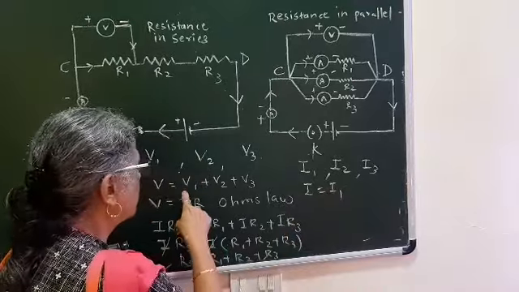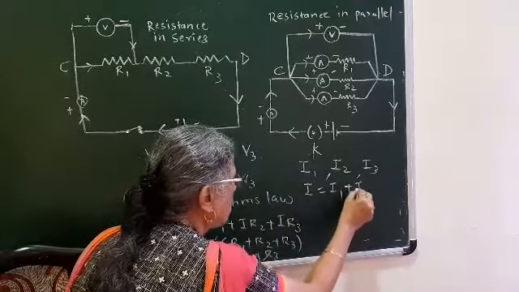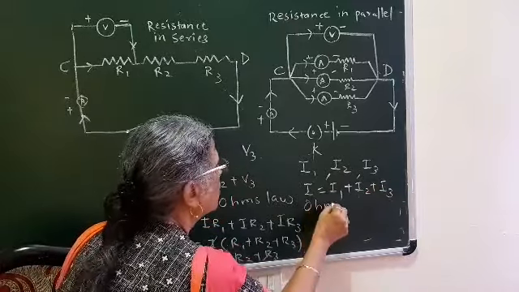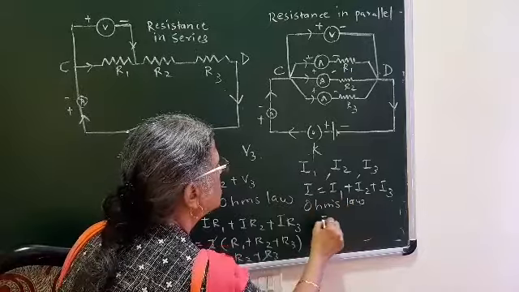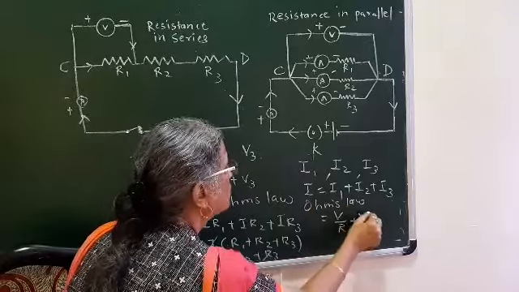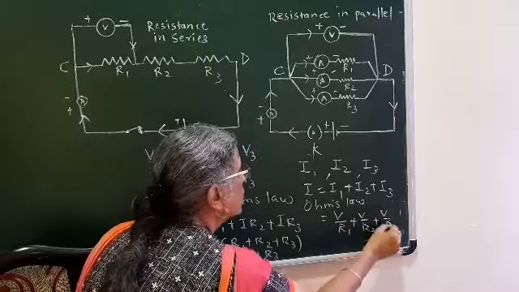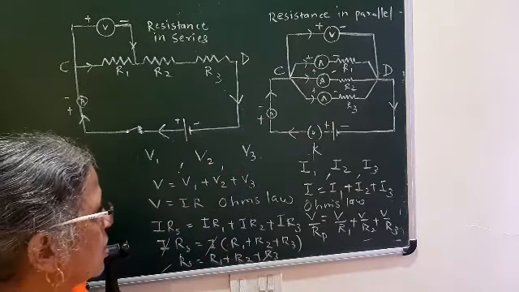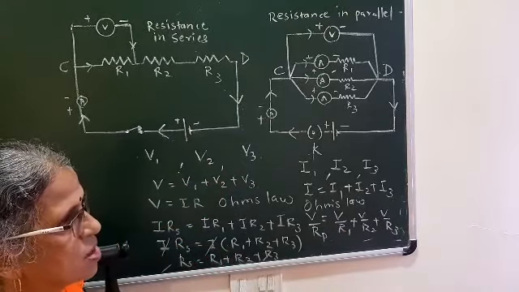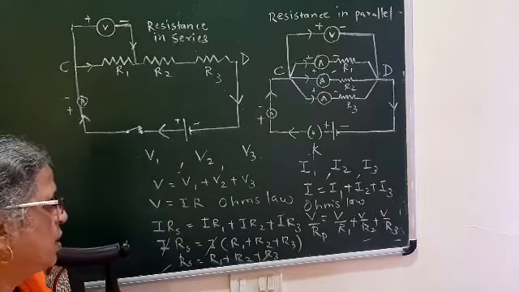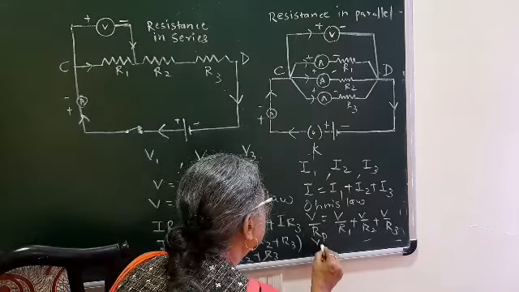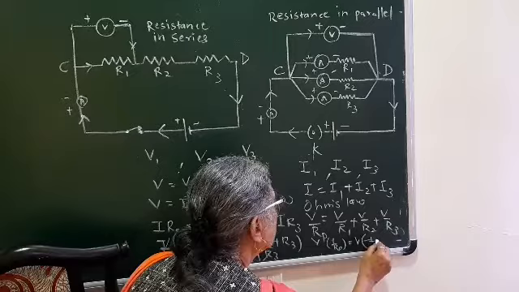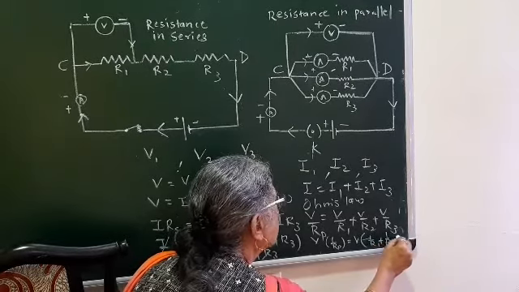Here we are having V equal to V1 plus V2 plus V3. Now again we are using Ohm's law. What is I? I is equal to V upon R1 plus V upon R2 plus V upon R3, and here V upon Rp, where Rp is the resultant resistance or equivalent resistance when the resistors are connected in parallel. Followed? Now here after taking V as common, then we will have 1 upon Rp is equal to V common 1 upon R1 plus 1 upon R2 plus 1 upon R3.